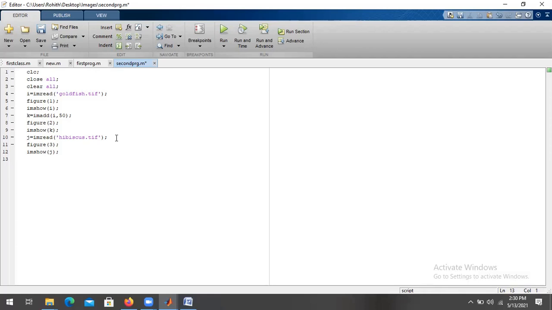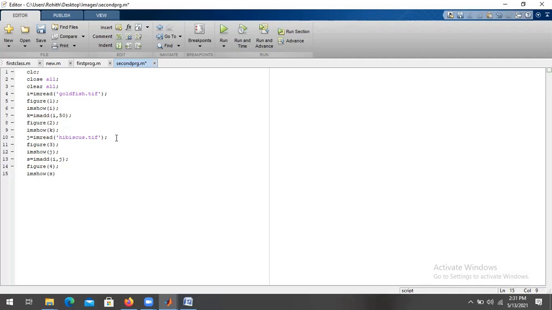Now I'll go with S equals imadd of I comma J. And if I do figure 4 here, imshow.